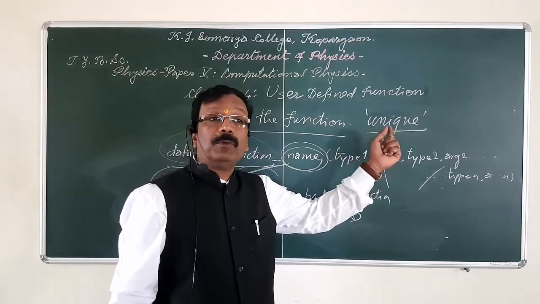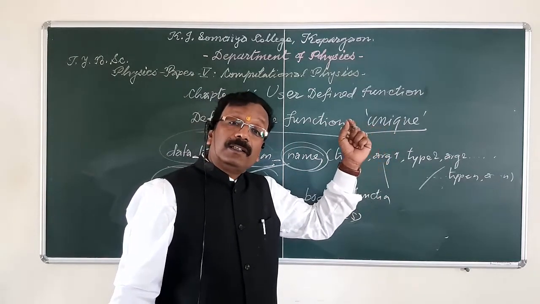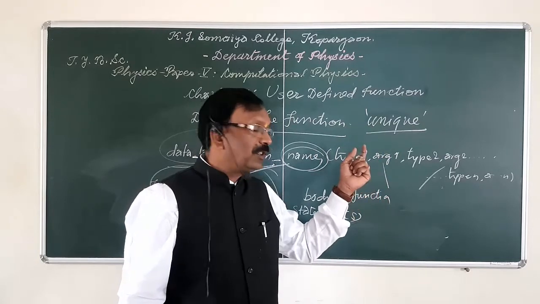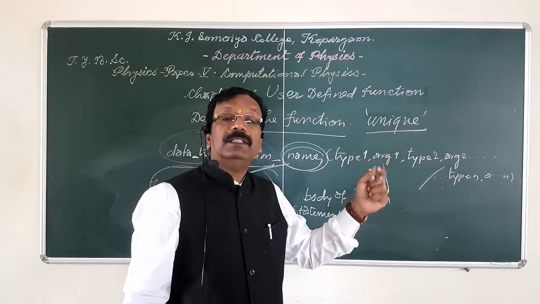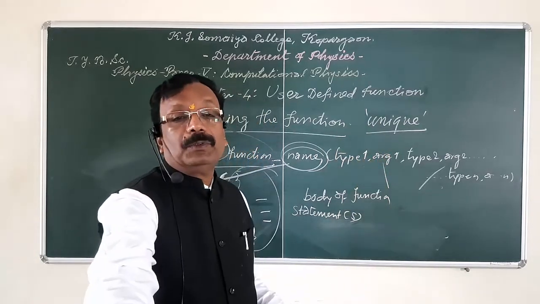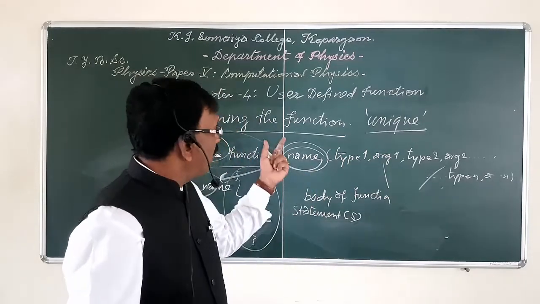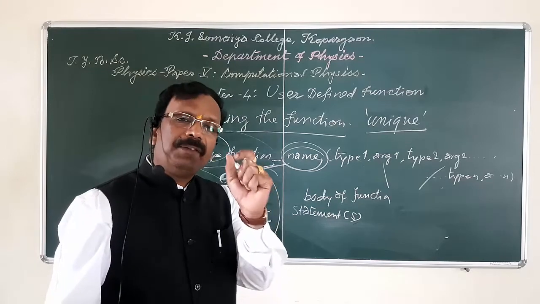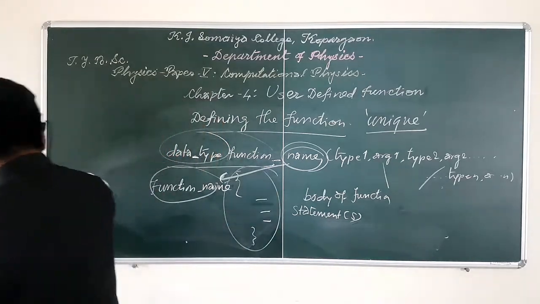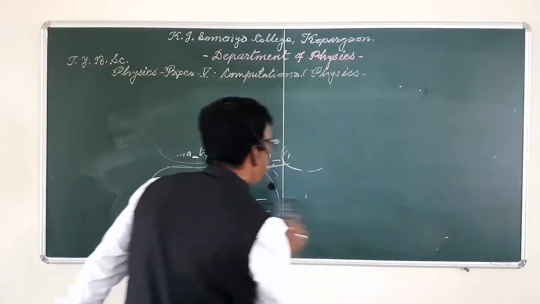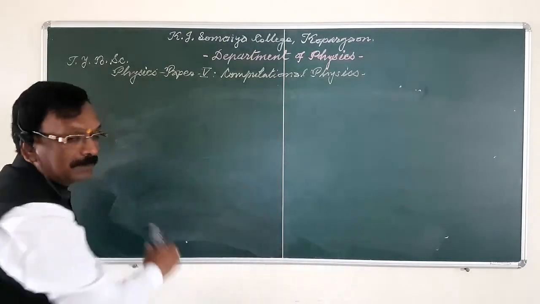Unique in a particular program means there should not be repetition of the same name in the same program. So, in order to understand this function definition, we are going to see a very simple program. Suppose